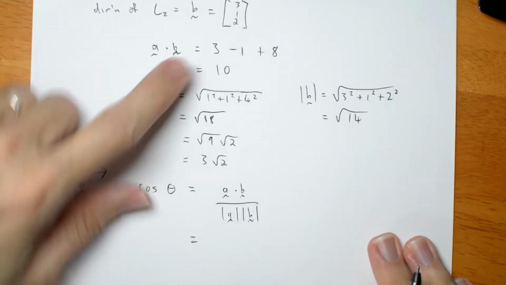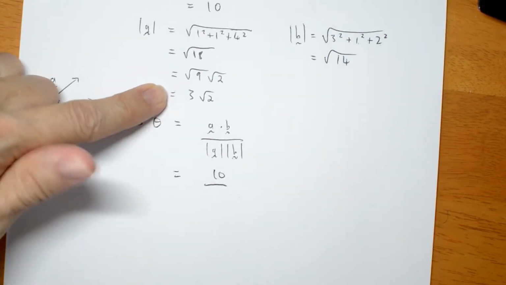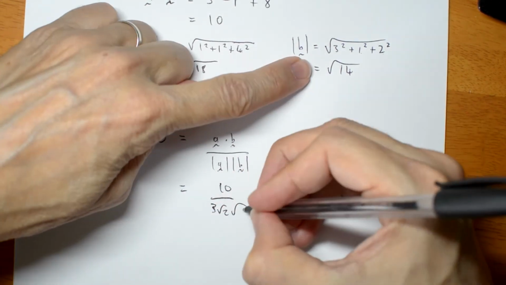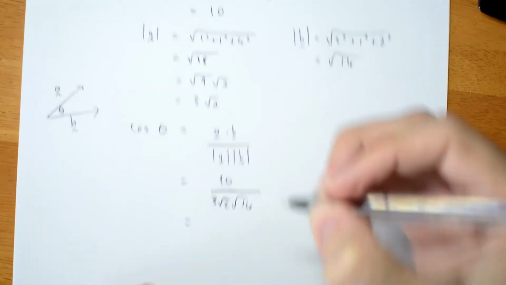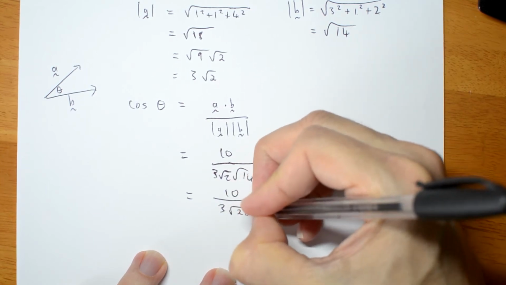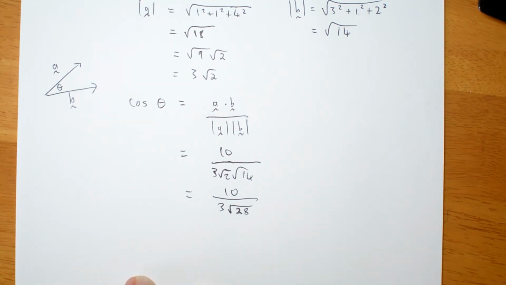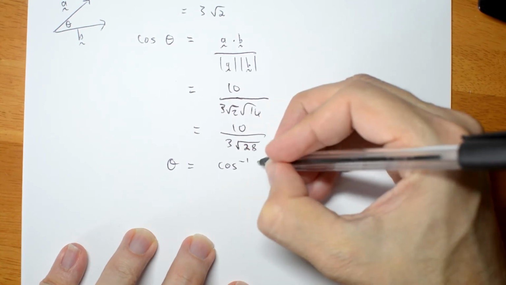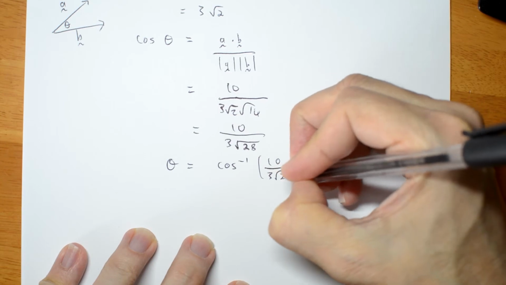Okay, A dot B was 10 over 3 root 2 times mod B is root 14. You can simplify it. You don't really have to because you're about to put that into a calculator, so it doesn't matter too much. Well, if that's cos theta, then theta is inverse cos of 10 over 3 root 28,